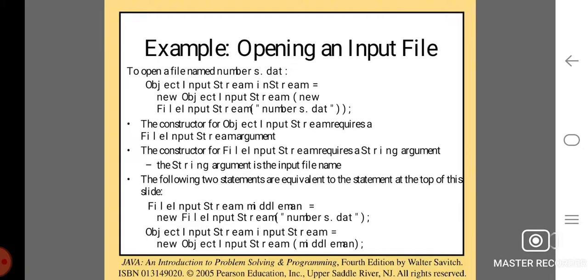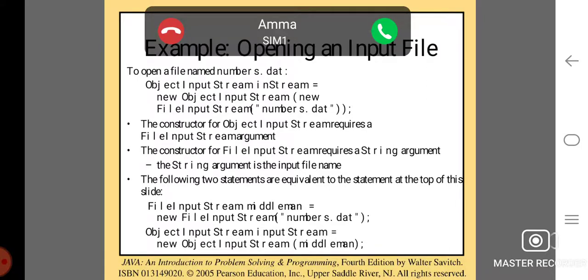For example, opening an input file. To open a file named numbers.dat, ObjectInputStream inStream = new ObjectInputStream(new FileInputStream("numbers.dat")). The constructor for ObjectInputStream requires a FileInputStream argument. The constructor for